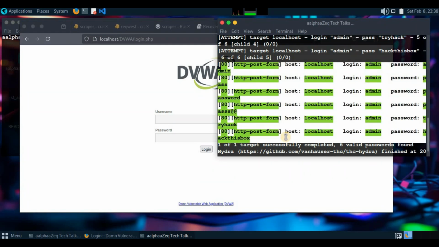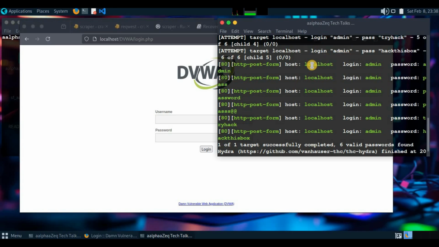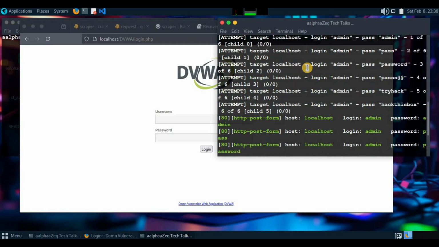In either case, we don't have a facility to actually brute force this application, or confirm any username or password for it. This is a scenario where you can apply your programming skills to develop a custom application based on this scenario. So what we are going to do here,